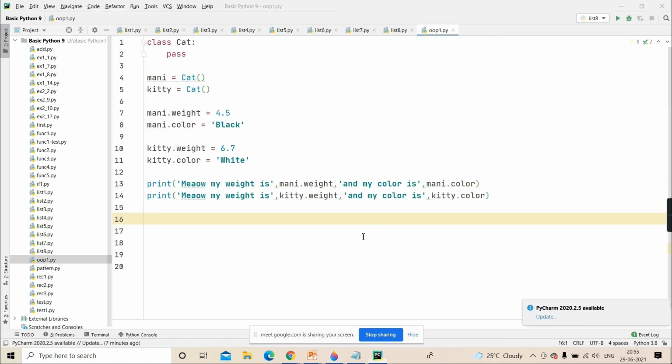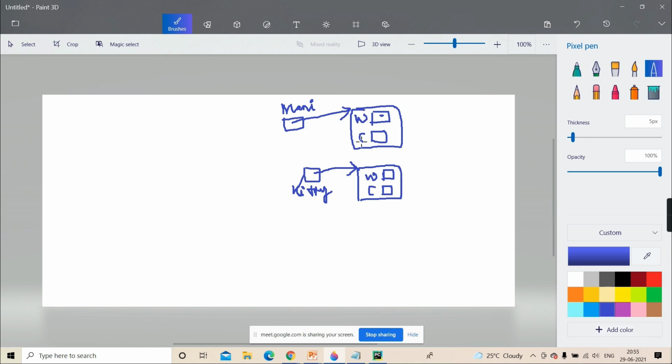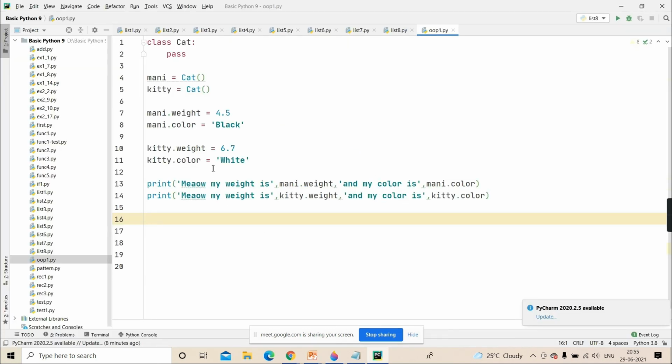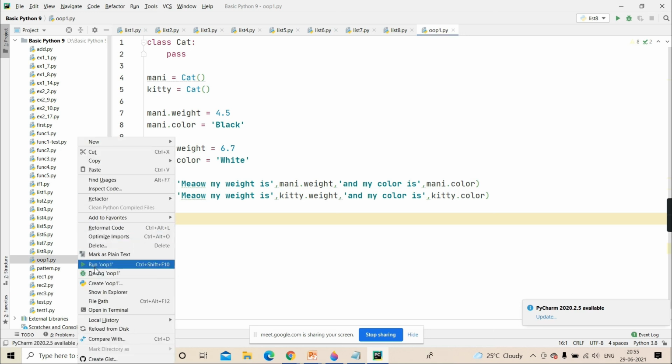Agreed? Now this is done. Actually we say these two properties, but they are added as key values in one dictionary, and that dictionary is actually the property of your object. But they have given such direct access also. And then you're printing. When you print Money's weight, it's initialized to 4.5, color to black. So run and see this, you'll get the appropriate output.